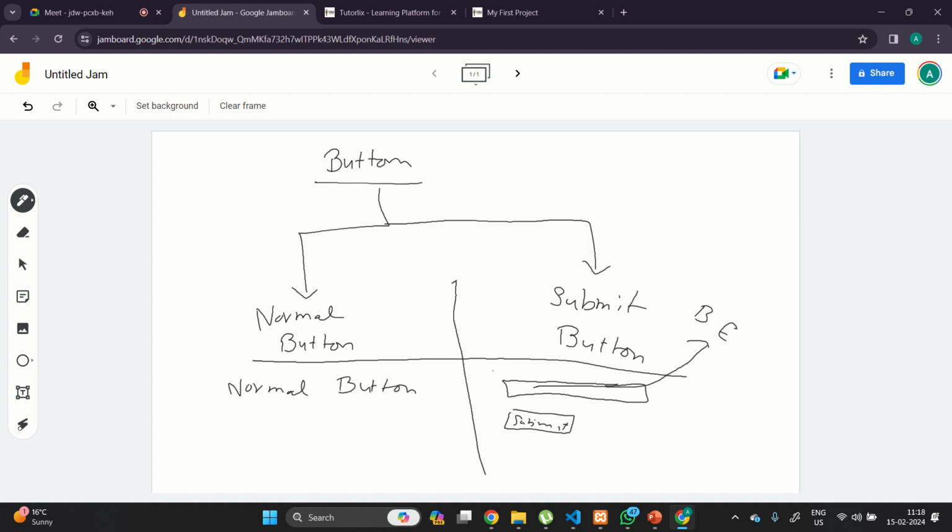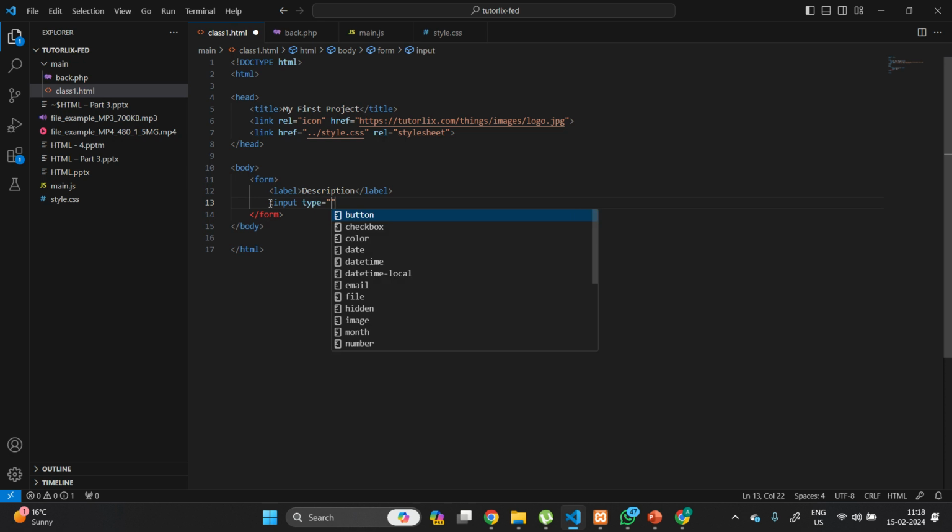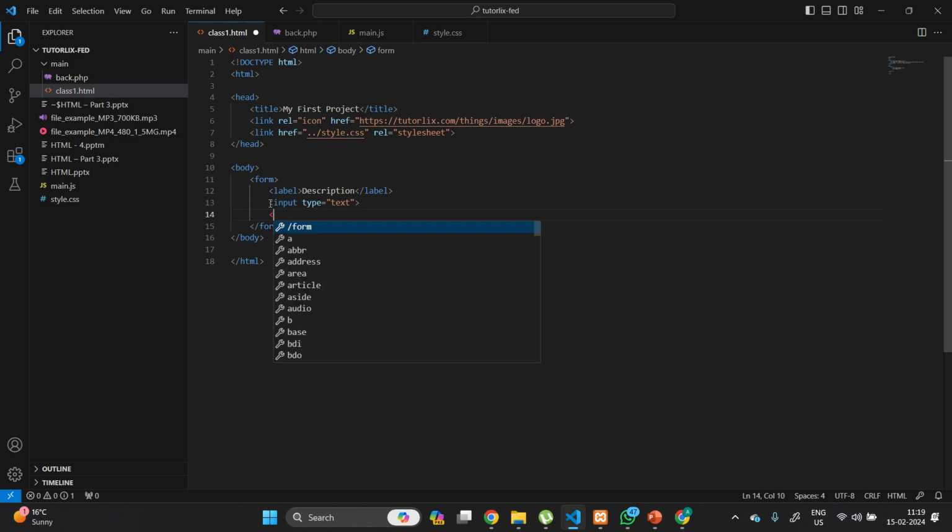So how do we define both? I'll just define both and I'll tell you the functionality as well. So for example, let's have an input type equals to text. We have a text box, okay, and here we are just putting up a normal button. So how do we define a normal button? There are two ways to define a normal button. One is the button type button, and second is